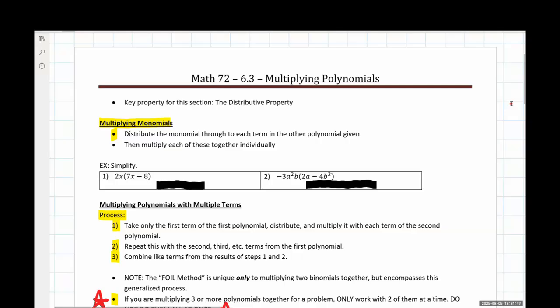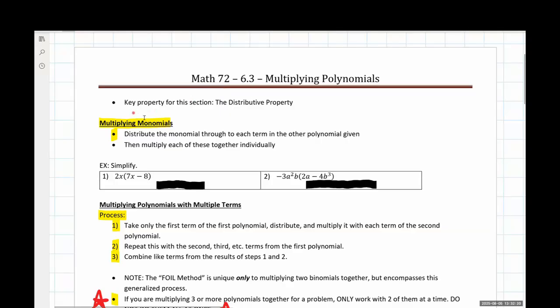All right, 9.3, multiplying polynomials together. The biggest thing that shows up in this entire section that we want to have nailed down is the distributive property. This is the all-star for this entire section, and it's going to show up in every single one of these problems that we go through. So we're going to start off with doing these in smaller parts, and then we're going to expand out to the bigger, more terrifying, air quotes, looking problems.